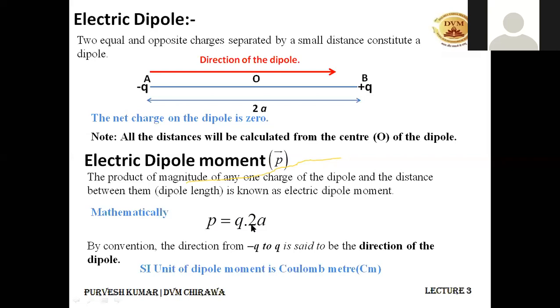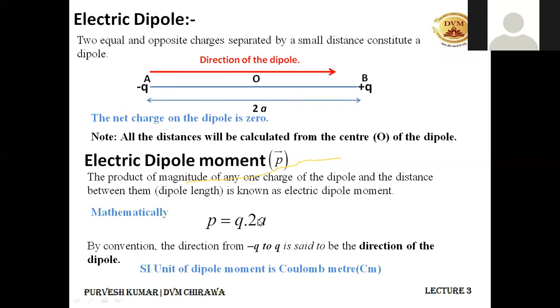and also the direction of the dipole is from minus charge to the plus charge. So this is the direction of the dipole, or the direction of the electric dipole moment. The direction of this P vector is from minus charge towards the plus charge, and its magnitude is given by Q into 2a, where 2a is the dipole length that we have taken. If we had taken this length as a, then I would be multiplying this Q with a. But now we have taken it 2a, and I am multiplying it with 2a.